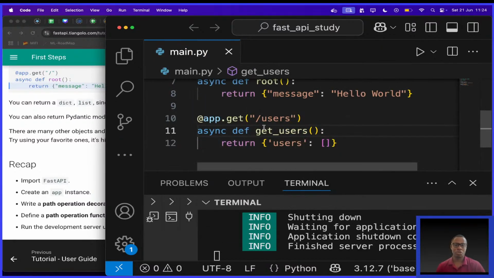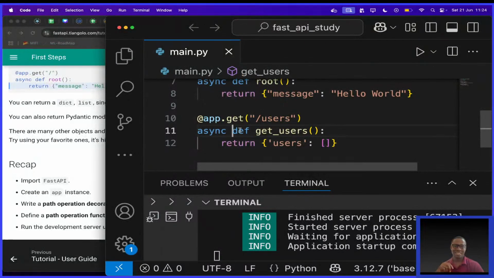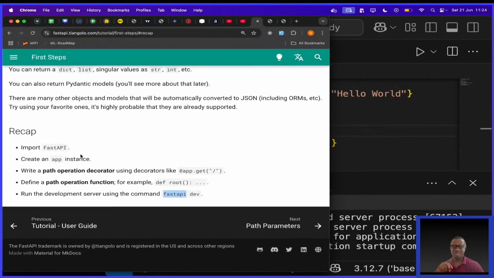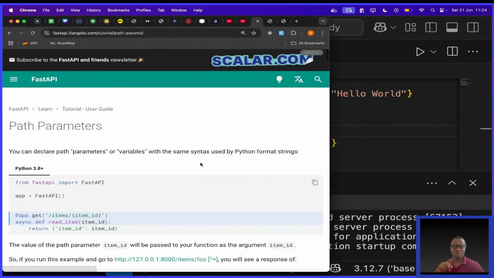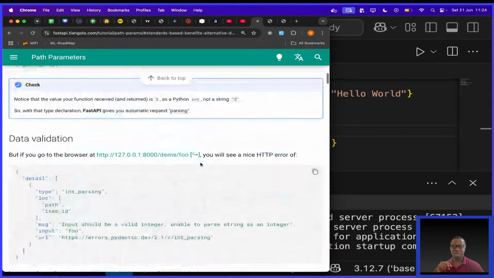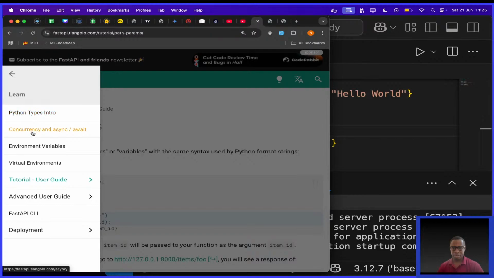To understand this, we need to go to that part of the documentation, the second part. Yeah, so I think this is it. I don't know how you guys have found this, but I've really liked this. So the next part in the tutorial is going to talk about path parameters. I think that's when they'll even go into types and so on. It would be very nice to go into that. But next up, I don't have to finish this. I just wanted to look at the first steps today. But now what I want to go next to is this part on concurrency and look at concurrency in depth.